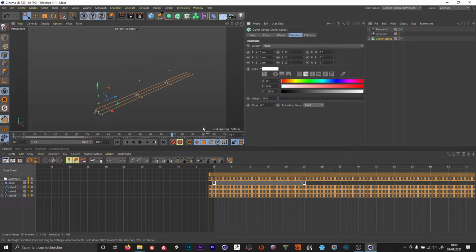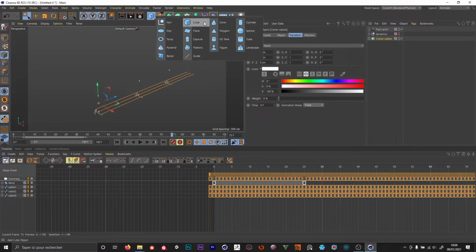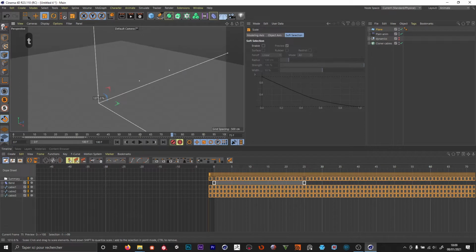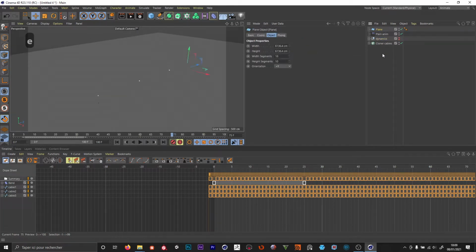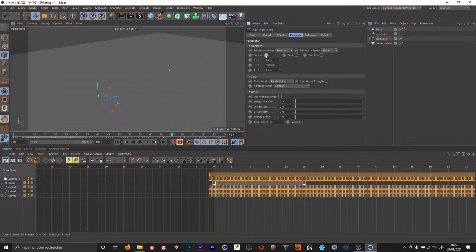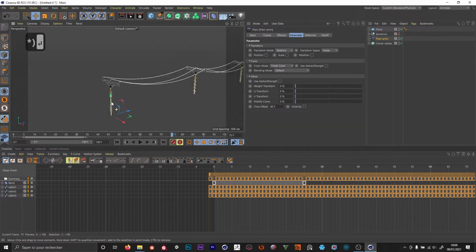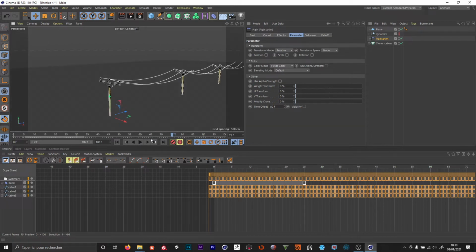And so here I'm just adding a ground plane, and we're gonna add in our plane animation. We don't want the position, we just want to offset the time offset. So here it's gonna be 80 frames,